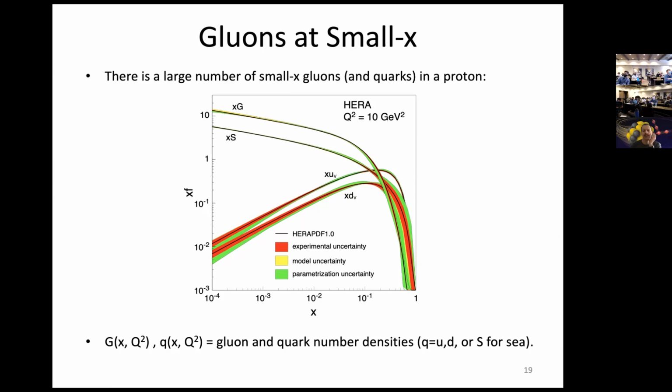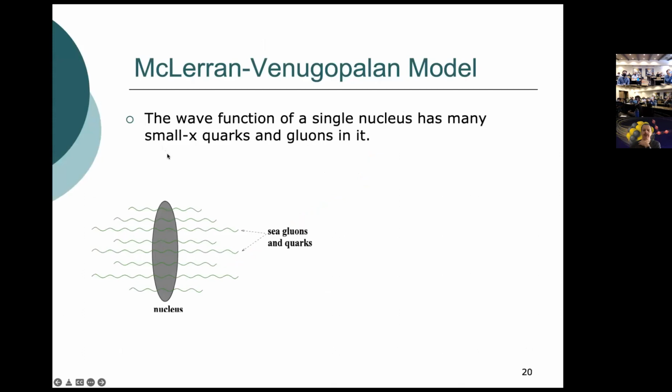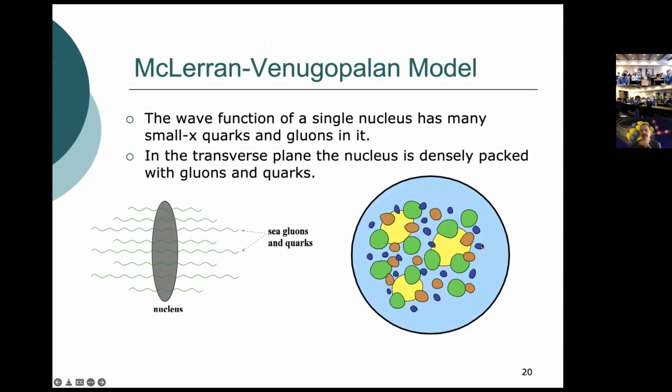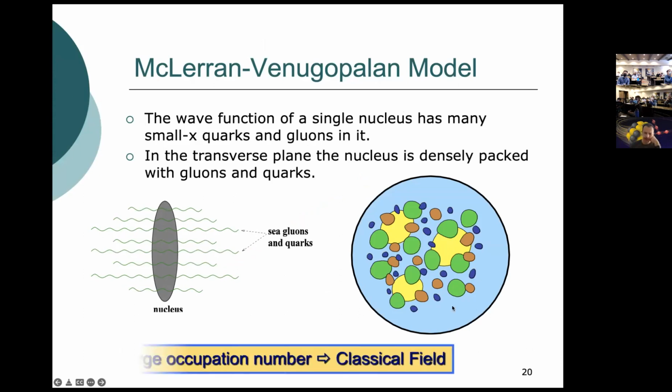You want to cram all these particles in there. You realize that if you look in the transverse plane, the proton will be a pretty dense system of many gluons. So what people draw is a picture like this, where each colored little blob is one of the gluons or quarks. And the argument due to Larry McLerran and Raju Venugopalan was, you have this large occupation number, large number of quarks and gluons, especially gluons, in a proton or nuclear wave function.